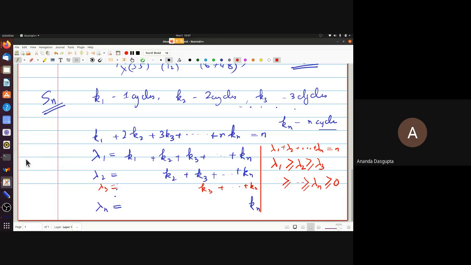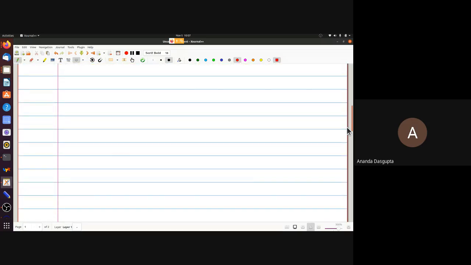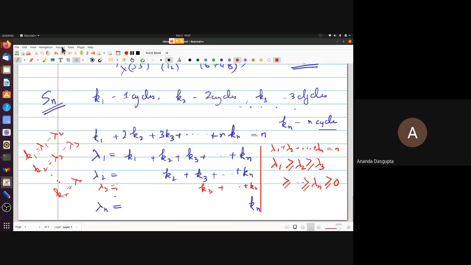But the other way around it also works, right? K1 is simply lambda 1 minus lambda 2. K2 is simply lambda 2 minus lambda 3. All the way down to Kn, which is simply lambda n, since there's no lambda n plus 1. Of course, that's just the last equation here. So what does this tell you? It tells you that if you are given a partition of an integer n, then that partitioning of the integer,